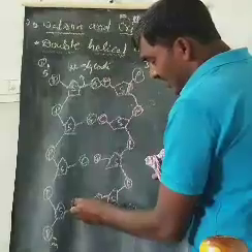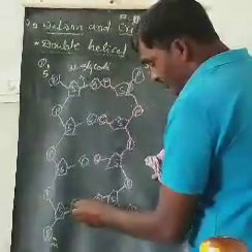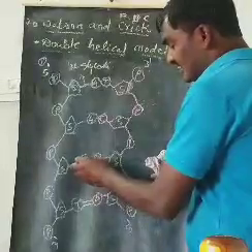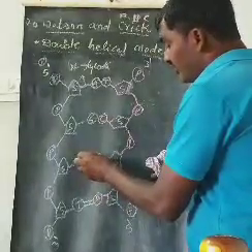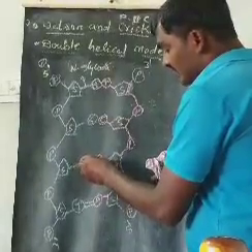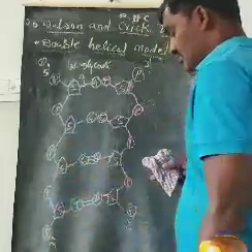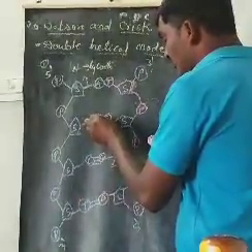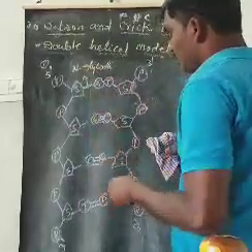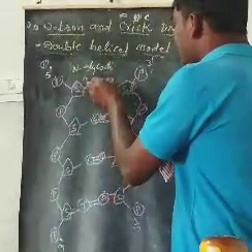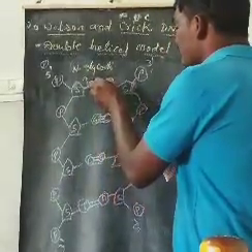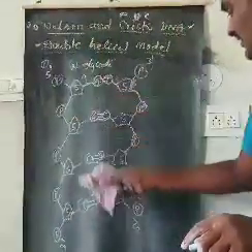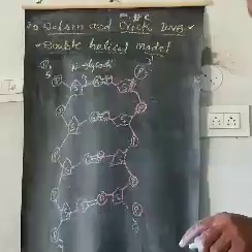So thymine and adenine are related to bind with 2 hydrogen bonds, and this is a cytosine and this is a guanine related to bond with 3 hydrogen bonds, and this is a guanine and this is a cytosine related to bond with 3 hydrogen bonds, and this is an adenine and this is a thymine related to bond with 2 hydrogen bonds. So that's why we are observing this image.